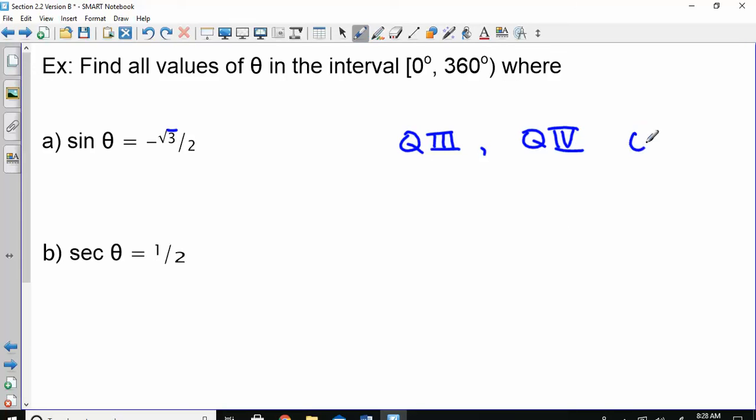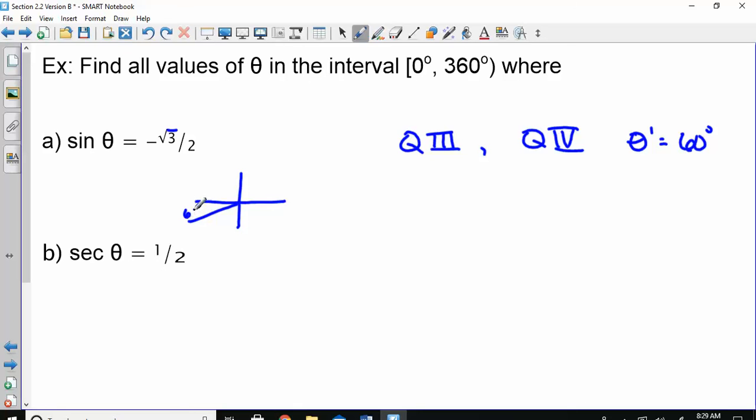Reference angle. Can you tell me when sine is equal to radical 3/2? Sine of 30 is 1/2, 45 is radical 2/2, 60 is radical 3/2. Okay. So, what that means in quadrant 3,